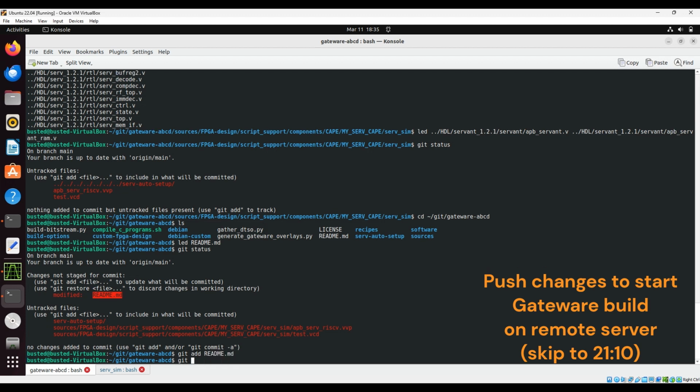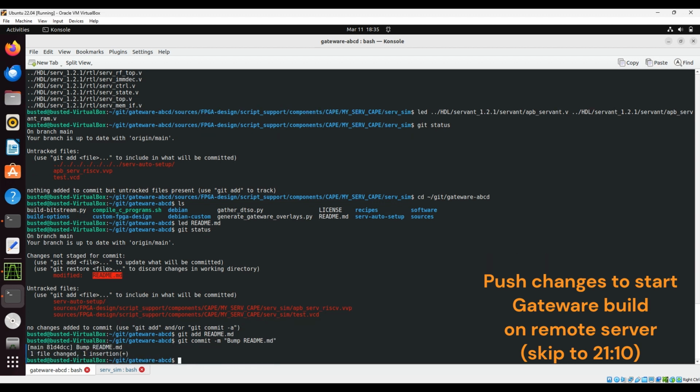Git commit -m, little message, bump readme. All right, and now we can do a git push. Now, when you do this git push, it pushes up to the GitLab repo that's running on the Open Beagle servers. And the Open Beagle servers are then going to run this